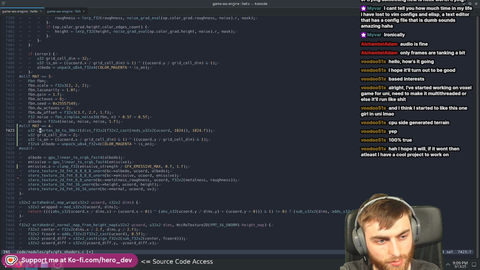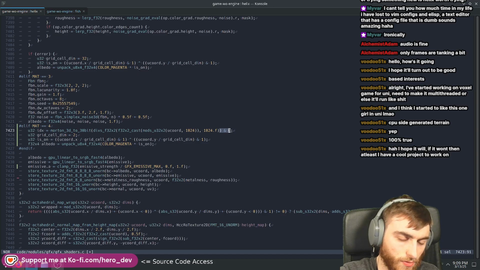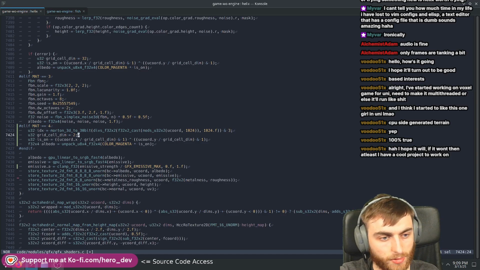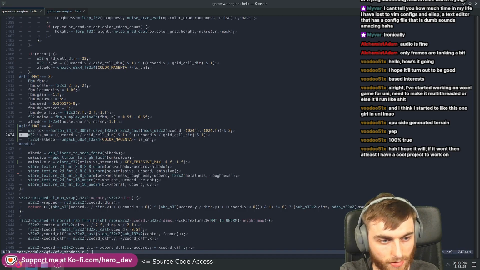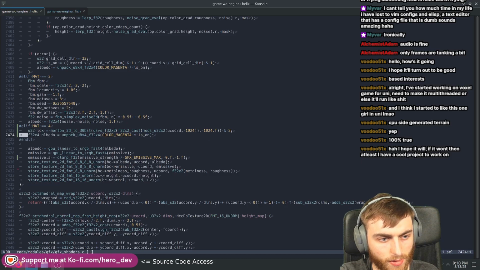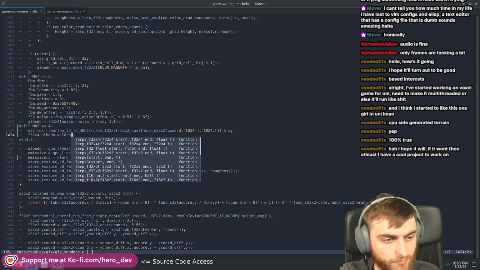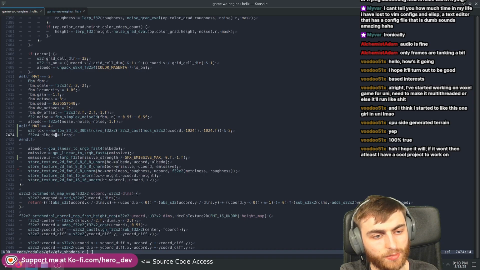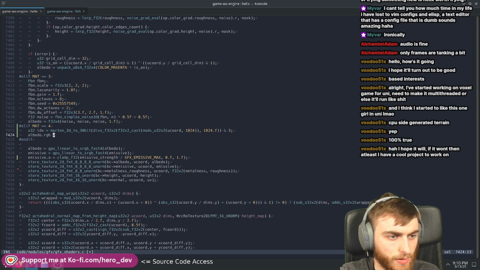Your index basically, we'll just call it. So if we AND it with 3, you'll keep the first 2 bits. So it gives you 0 to 3, and that'll give you a Z basically. And then all we need to do is lerp between. Gotta be careful here. So I'm thinking, we've already got albedo. So we just say albedo.rgb is equal to lerp